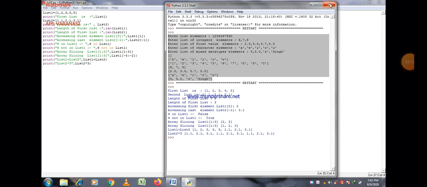Now I hope the concepts regarding lists are very clear to all of you. We can create a list without the list function, or using the list method, and we can add two lists and replicate a list also. This is a very important concept.